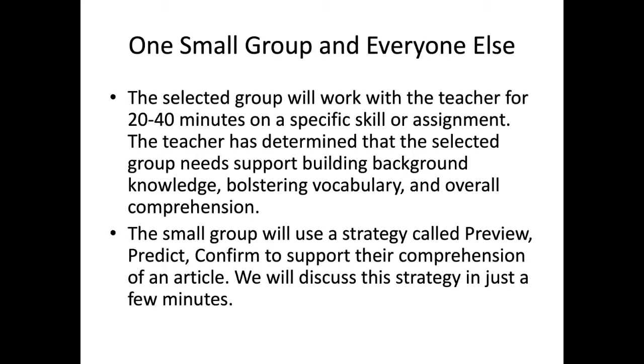So let's say you have this one small group and everybody else. What would that look like? If it's in a typical class during non-COVID times and you've got 20 or 25 students in the class, what is that going to look like? Well, the selected group would work with the teacher from 20 to 40 minutes, and it depends on the scheduling